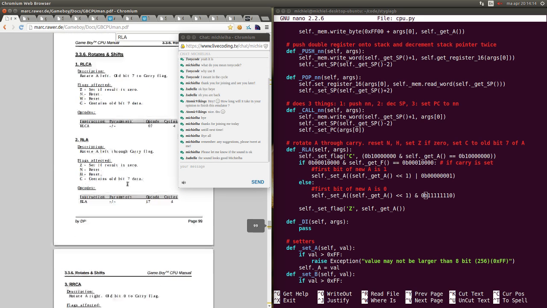So yeah, the carry will contain the old data. That's already been taken care of. So all I need to do is to make sure that I don't mess it up, and I will do that by